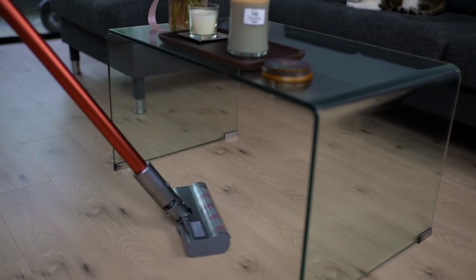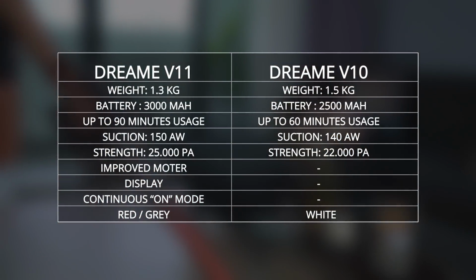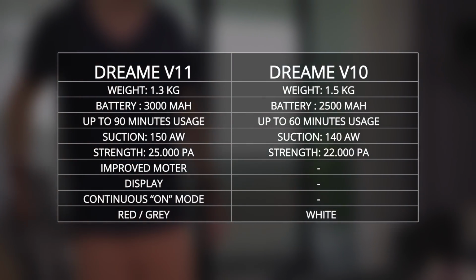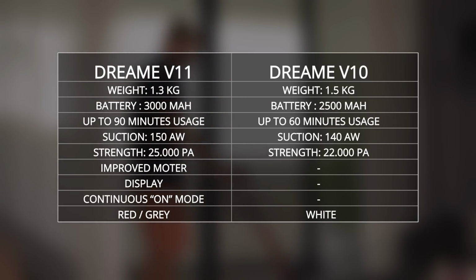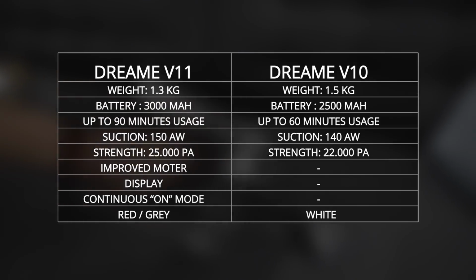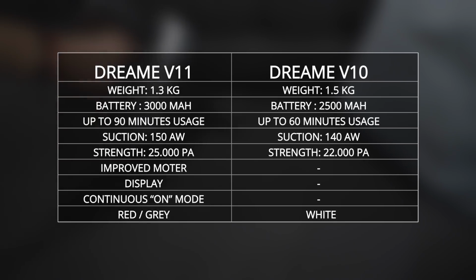So how much better is the V11 compared to the V10? Well, there's quite a lot of improvements. First of all, it's actually 200 grams lighter, yet it's got a bigger battery, it's got a slightly higher suction strength, it's got a new filtration and cyclone system, it's got motor improvements, it's got that continuous on mode, which is actually very nice. It's got much better feeling buttons than on the V10, because those were quite crappy, so that's a big improvement in my eyes. And the mentioned loudness level of 73 dB is actually the same for both in their specs, but I really do feel that the V11 is less loud on its strongest setting,